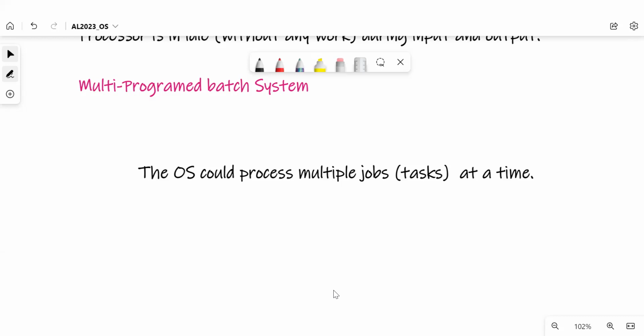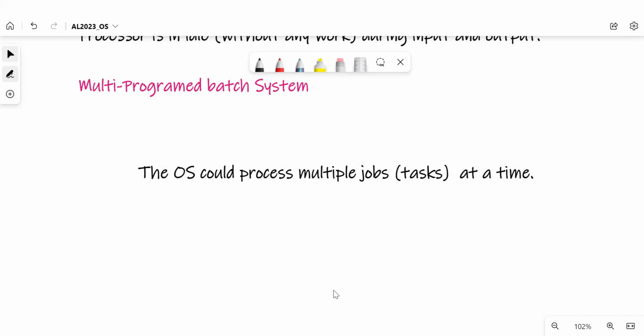So we can write the characteristics. The characteristics were, we can say, one job, right? One job could be in the processor while other jobs are busy with input output.